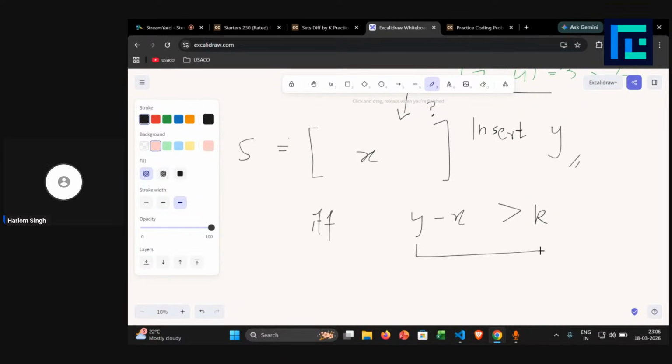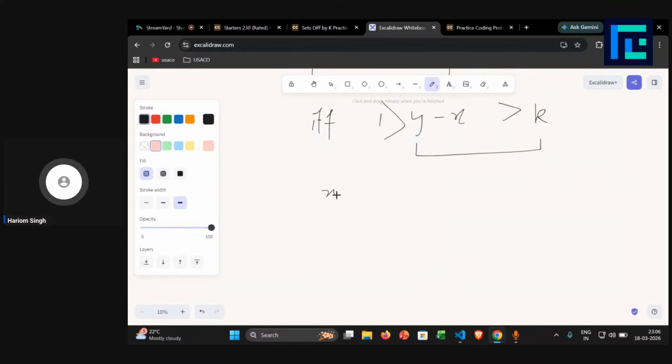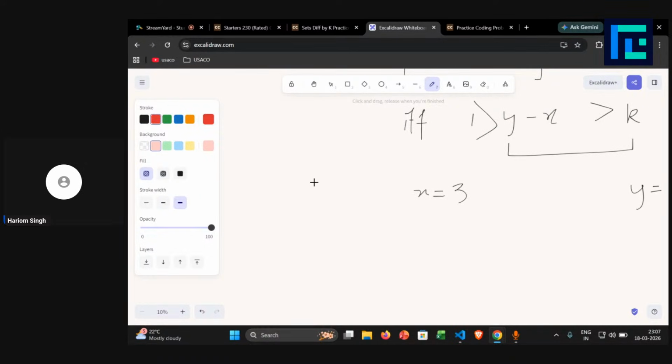So this is one thing. Also, now suppose the value of X was equal to 3, and the value of Y was very big, let's say 20, right? And the value of K was 5,